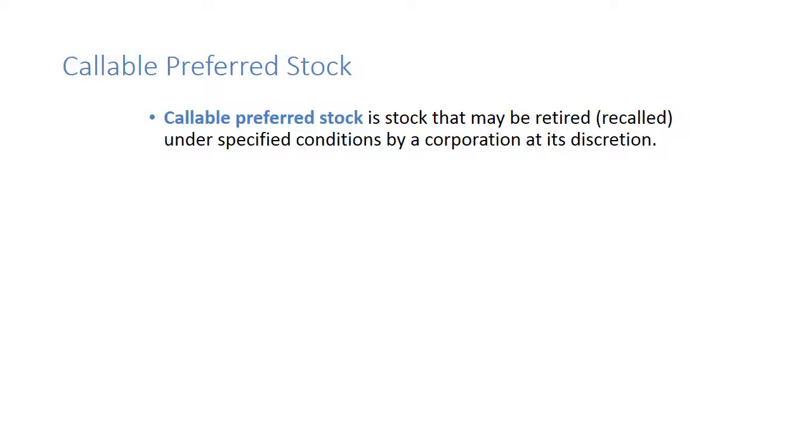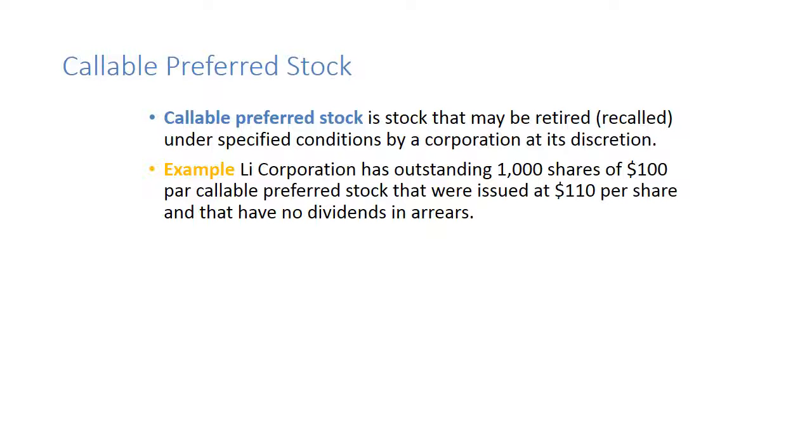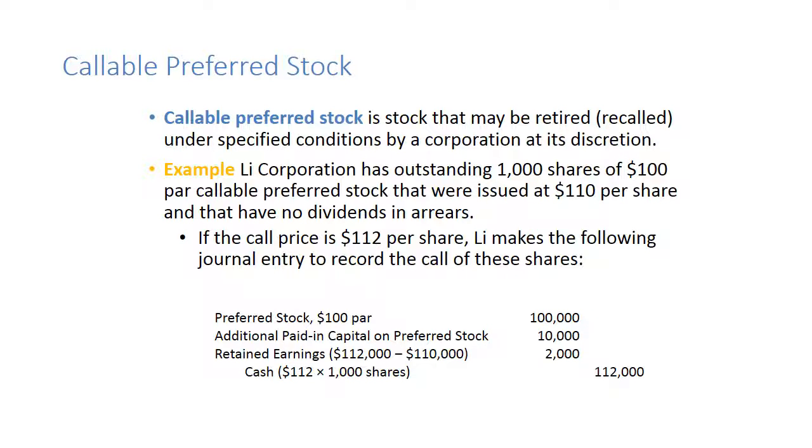Callable preferred stock. Callable preferred stock is stock that may be retired or recalled, kind of like when a bond was callable. So a corporation may do this. So it's a corporation initiating it. Lee Corporation has outstanding 1,000 shares of $100 par callable preferred stock that was issued at $110 per share, and they have no dividends in arrears. If they call the stock back at $112 a share,